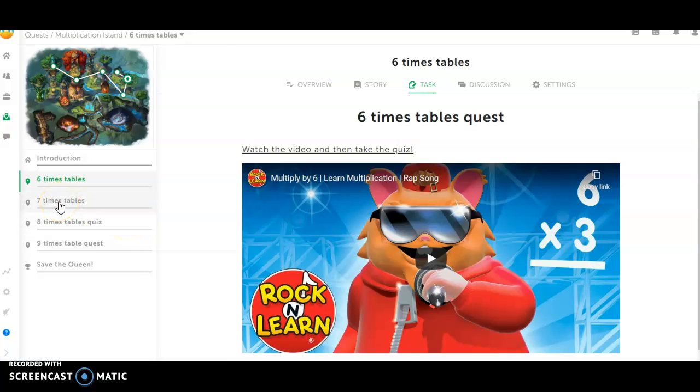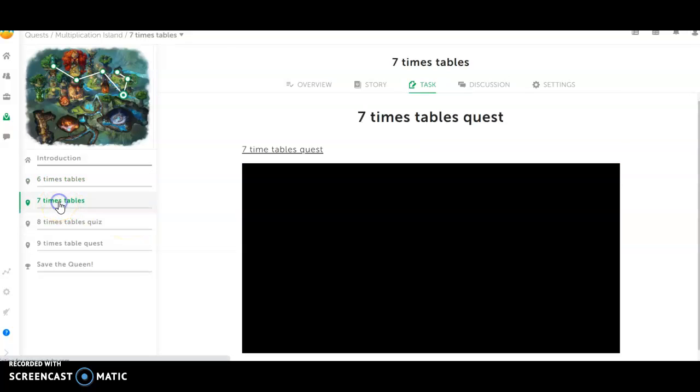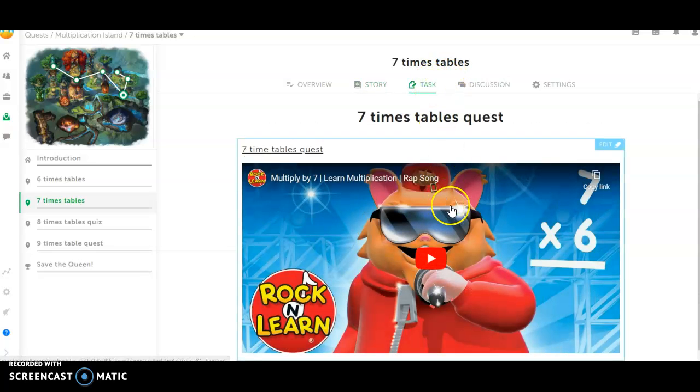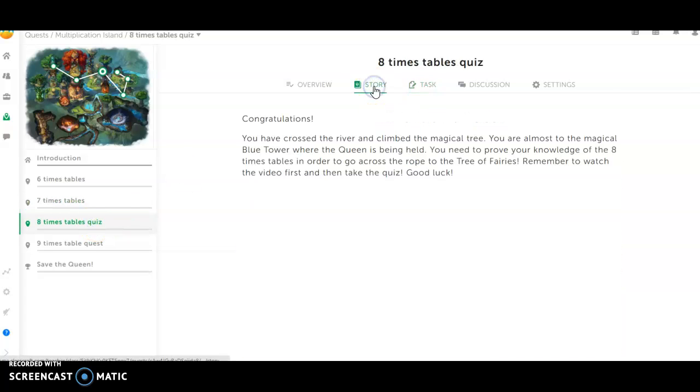After that, the students will move on to the 7 times tables. And again, there is a story. This time it's about a troll who needs help studying his 7 times tables. The task is similar. Again, a video to review the content, and then the Google Forms quiz that they complete and submit to me. It goes just like that for the 8 times tables, with the story,